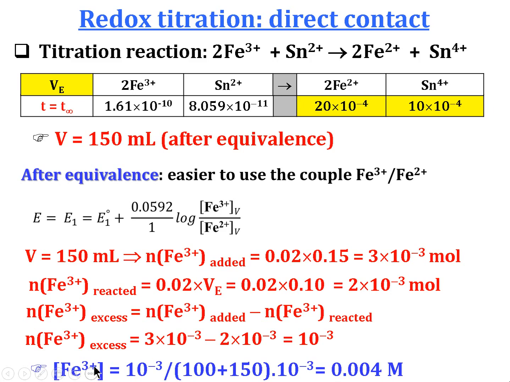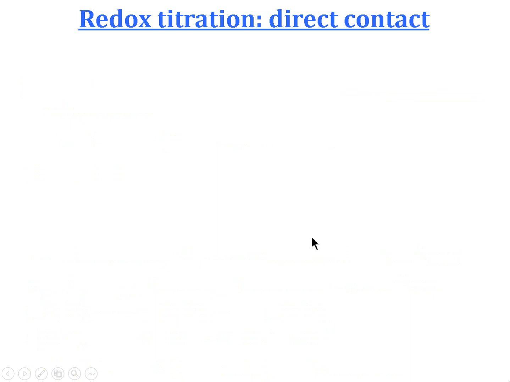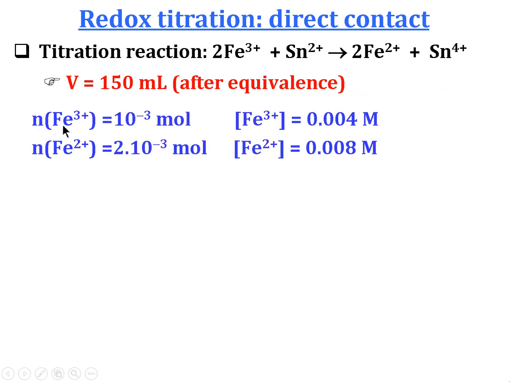Therefore, we can calculate the concentration of Fe3+ in excess, which is equal to the number of moles divided by V total, so equal to 0.004 molar. So after the addition of 100 ml, we have a number of moles of Fe3+ equal to 10^-3. The concentration of Fe3+ equals 0.04 molar, and the number of moles of Fe2+ that is formed at equivalence is equal to 20×10^-4, or 2×10^-3 mole, and the concentration of Fe2+